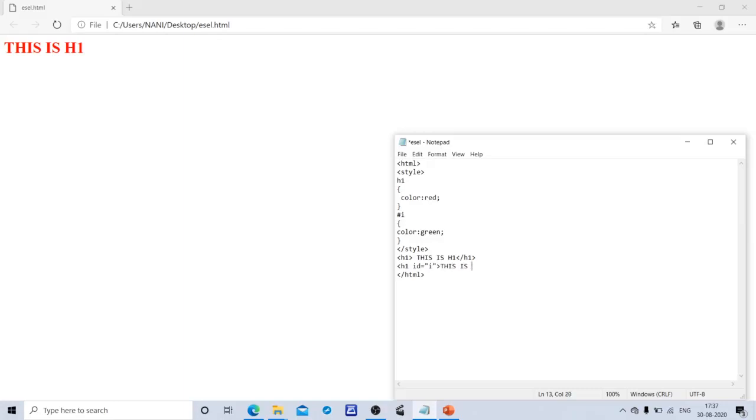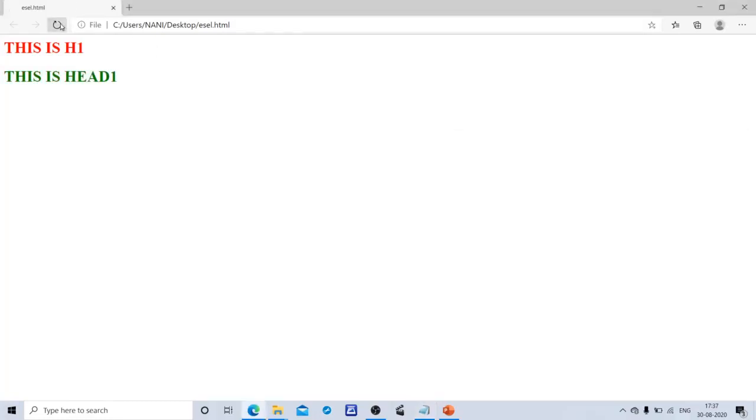This is head 1. Yes, this is head 1 with the ID selector.